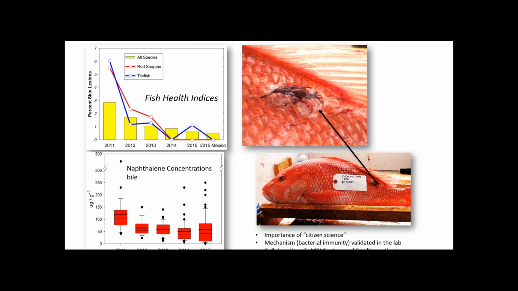One of the early issues that came up was the appearance of these skin lesions on things like red snapper, which became a very big issue, and whether or not they were a consequence of Deepwater Horizon or just people were just looking for them. There's a very strong correlation between the prevalence of these skin lesions and the average naphthalene concentrations in the bile. You can see that there's a